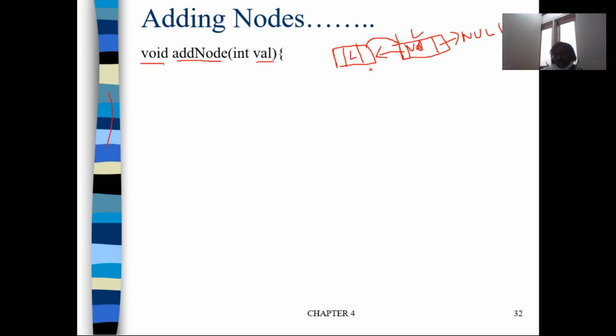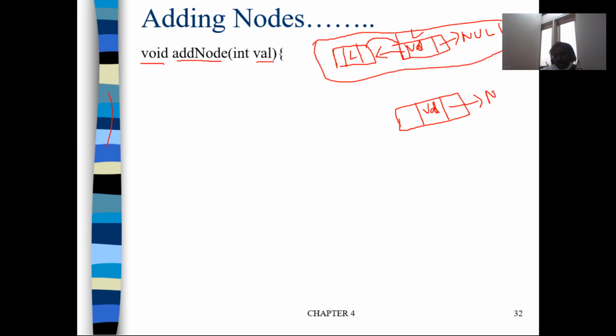Right? Fine. This is the case if at least one node is in the linked list. If the list is empty and you want to add a new node, what should you do? Again create a new node, the data part will be the value. This is the only node, there are no other nodes, so its next will be NULL, and head should point to this node.